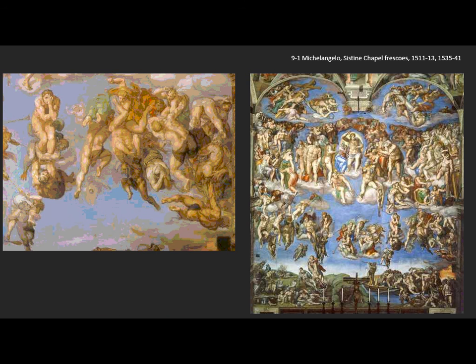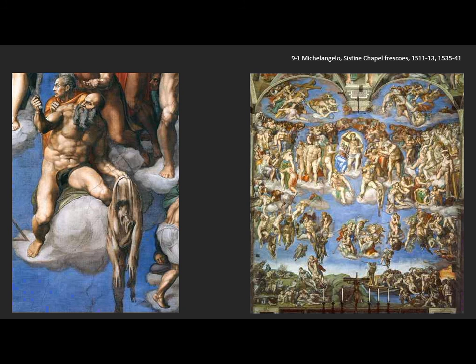On the opposite side, the damned are being cast into hell. There's sort of a war between the angels and these souls, and you'll see our frightened figure there being dragged down toward hell. On this side, there are some saints up above, and you'll notice directly at the feet of Christ is this figure, St. Bartholomew. By legend, St. Bartholomew was skinned alive, and so he sits here holding his flayed skin, but his body miraculously revived into its perfected state. He holds a knife toward Christ, the mode of his own martyrdom.